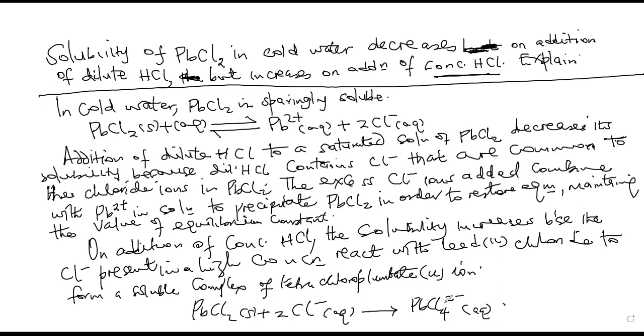Okay, so now that is the effect of a complex. Finally, we are going to finish with the effect of adding a soluble compound which does not contain any of the ions. For example, let me say we are going to add a soluble compound but without a common ion. That soluble compound won't have a common ion. For example, we can say, explain